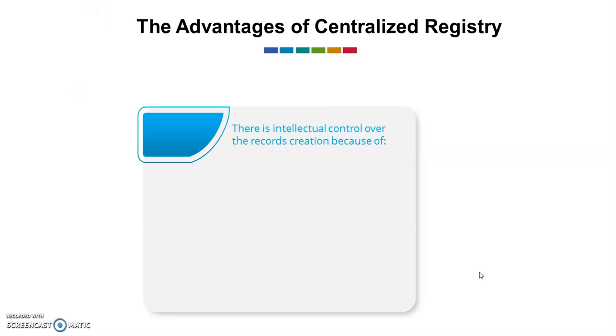Number one is there will be the intellectual control over the record creations. Why? Because they will have the uniform policy direction, meaning that they only have one standard policy directive. Not only that, the mail operations will be centralized on how they are handling the incoming and also the outgoing mail itself. And also regarding the messenger services, and the use of the postage within the organizations, especially